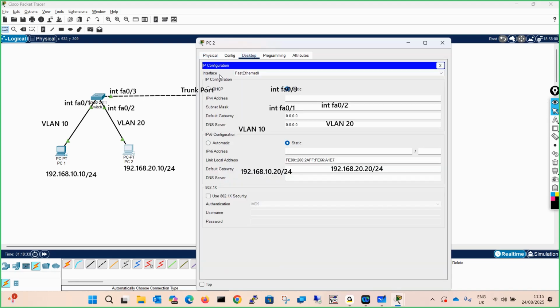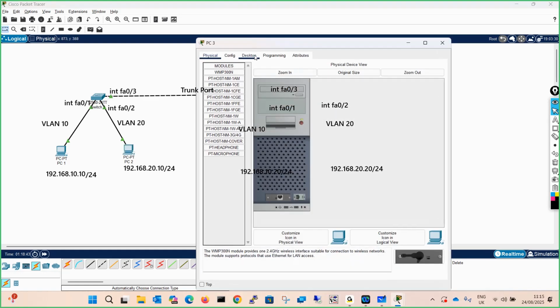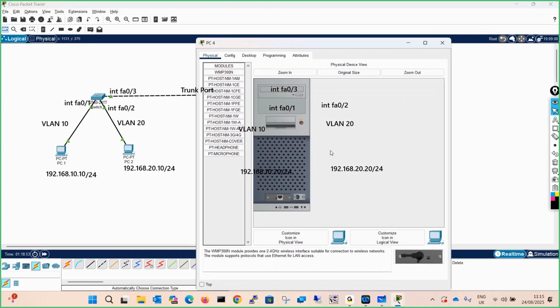It is 20.10, 192.168.20.10/24. Close it. This is going to be 10.20. And this is going to be 20.20.